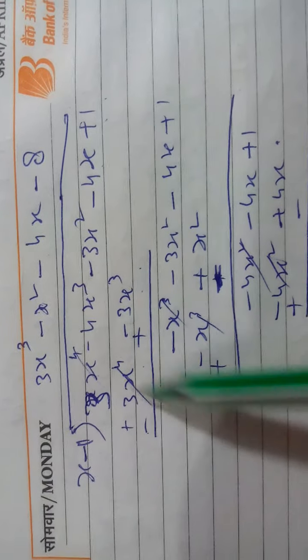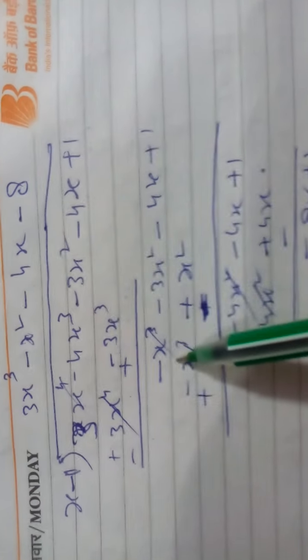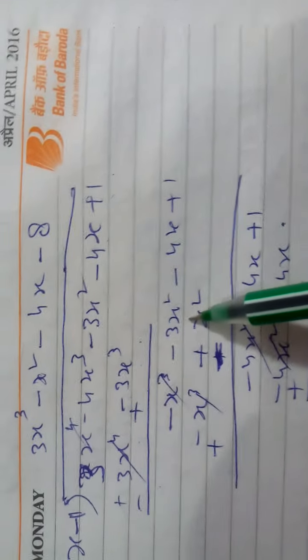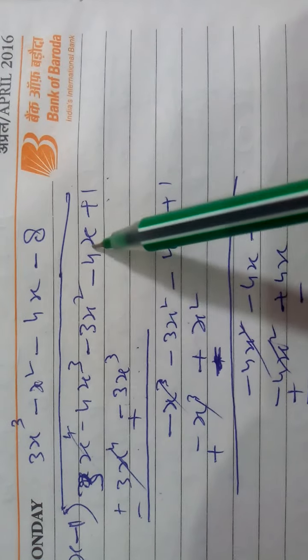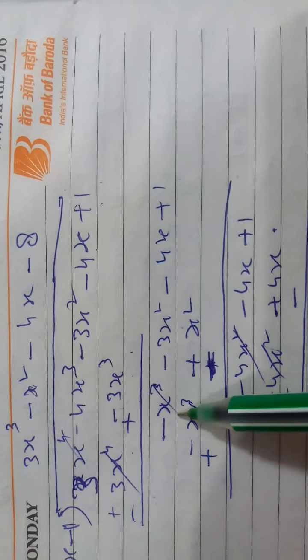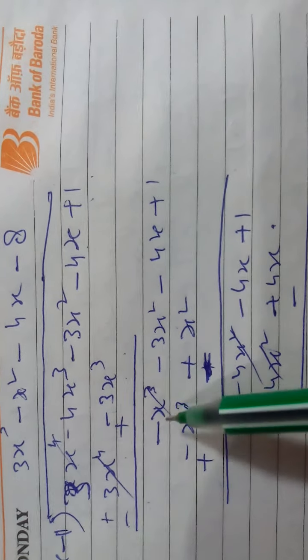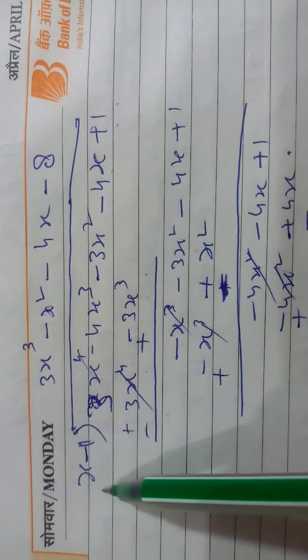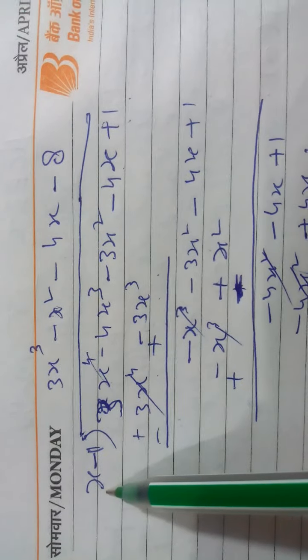This will be cancelled. Subtract. Minus 4 and plus 3 subtract, giving minus 1. So you write x cube minus 3x. All the terms of this you will write here: minus 3x square minus 4x plus 1. Now you want minus x cube, because minus 4 is greater and plus 3 here, so subtract. Minus 1 you want, but here it is x. What will you do? Multiply by x, and x square will give x cube. But here plus sign, so here minus sign. So the second term of the quotient will be minus x power 2.